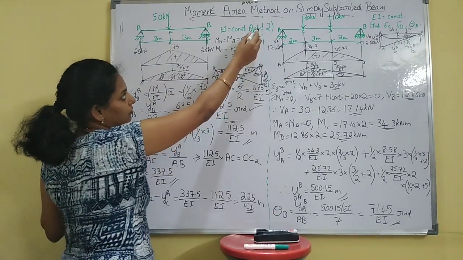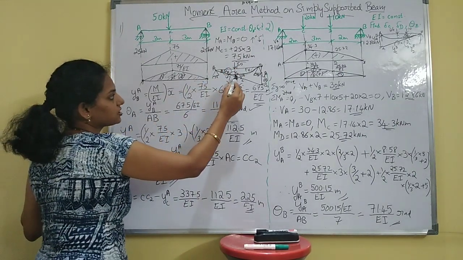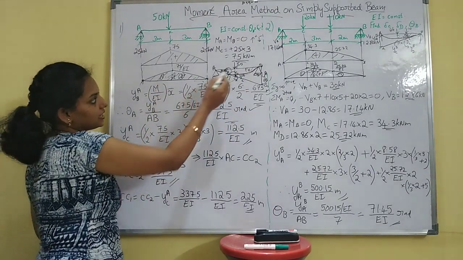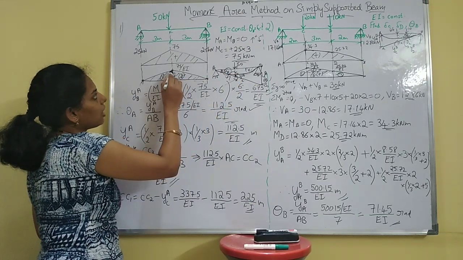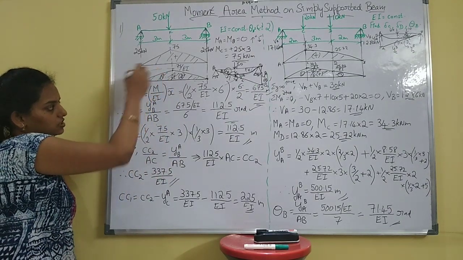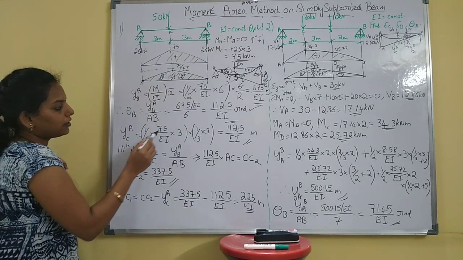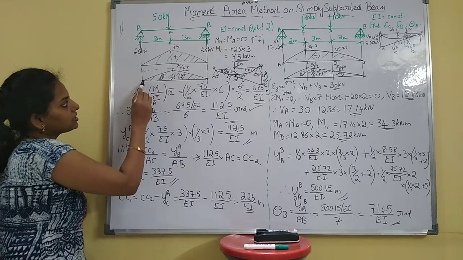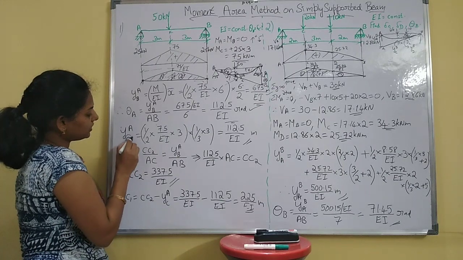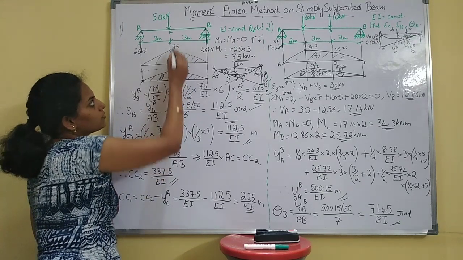Next, they have asked for the deflection under the load. For that, first find this distance YCA, similar to the previous one. For YCA, the region is from C to A. Only this you have to consider, whatever the bending moment area is from C to A. Here there is only one region. So it is half into 75 by EI as the height, into the distance of 3 meters, and you have to consider the moment with respect to C. Whatever the point is, you consider with respect to that point. So with respect to C, it is this.